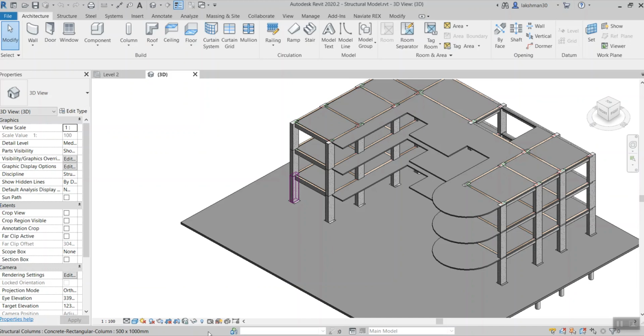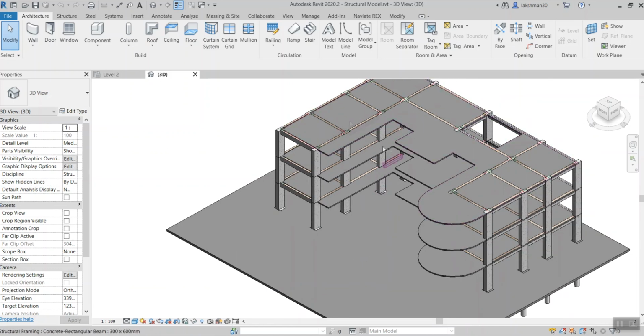Now I have my Revit and Robot in the same machine, so I am going to use direct integration link rather than sending an intermediate file. If you don't have Robot in your system and your designer is a separate team, you are going to send the file to him. For that you use the second option. I'll let you know which option it is.